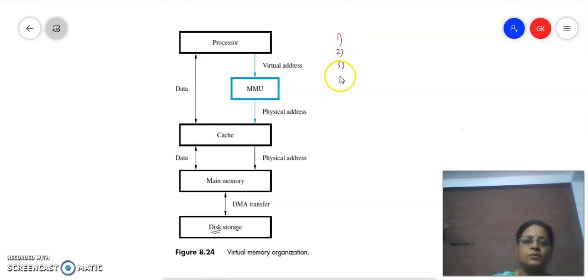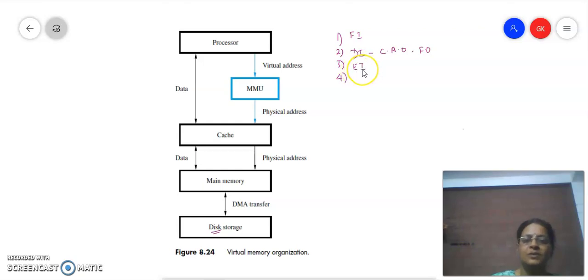The four important phases in any instruction execution process are, first, fetching the instruction. Then we have to decode the instruction. Only after decoding the instruction will we come to know whether it needs an operand. If it involves operands, then we have to calculate the address of the operand. After calculating the address, we have to fetch the operand also. After fetching the operand, we can directly execute the instruction.